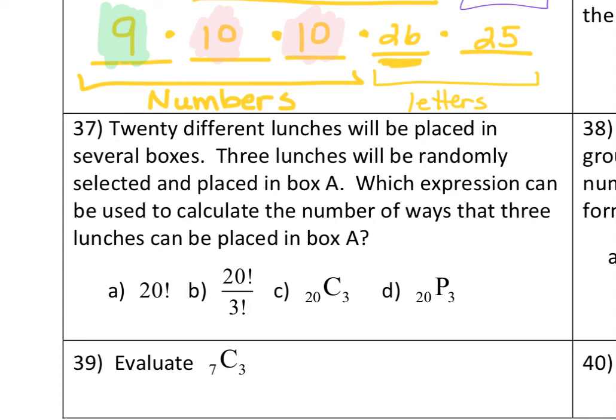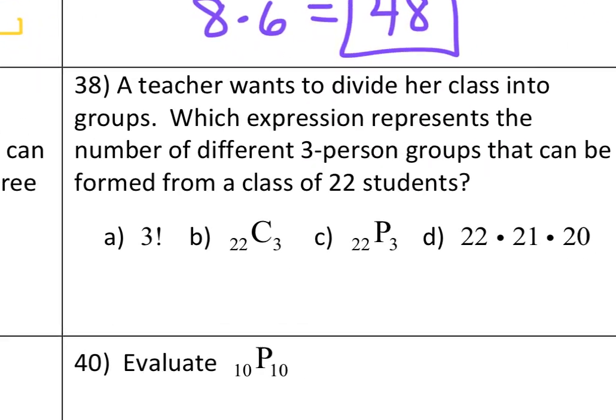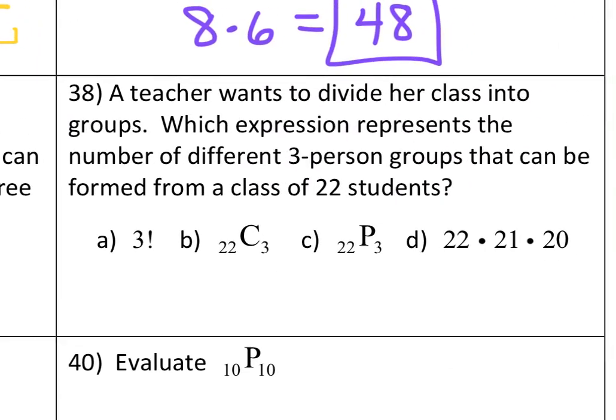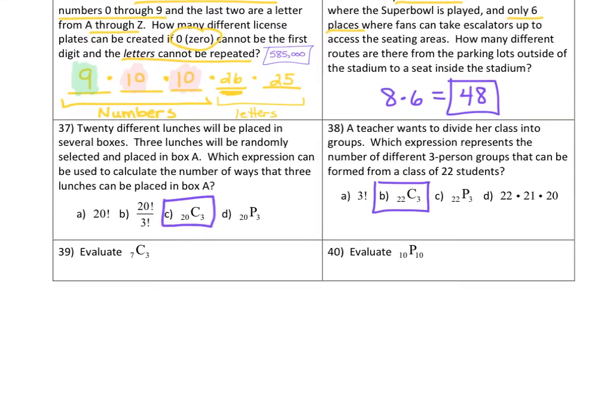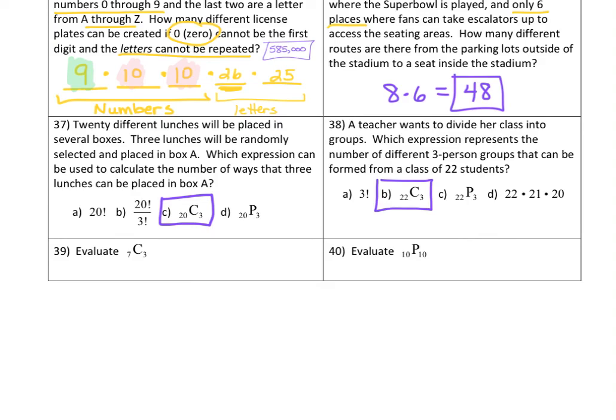In number 37, it doesn't say anything about order. And so this is going to be a combination. And again, number 38 doesn't say anything about order, so that's also going to be a combination. And for 39 and 40, you're just going to type those into your calculator